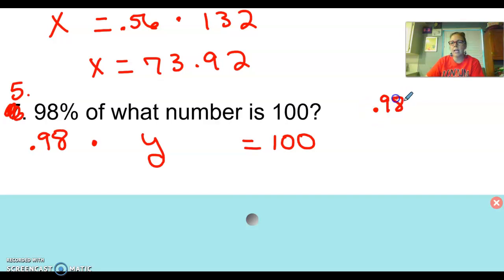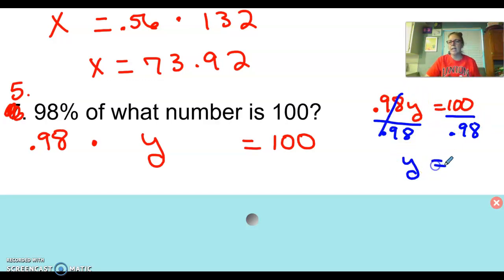So 0.98y equals 100. Remember, when it's multiplication, you do the opposite. So you're going to divide by 0.98. Divide both sides by 0.98. Those cancel. Y is equal to 100